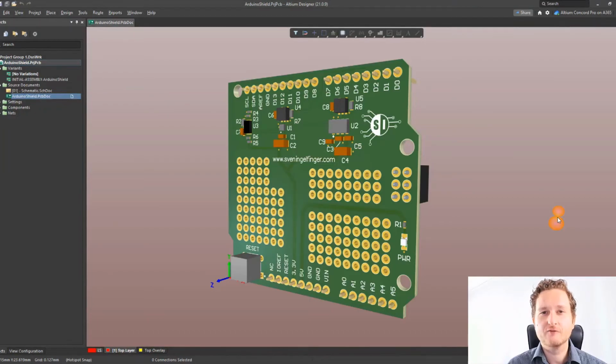Hello and a very warm welcome to this video. My name is Sven Ingelfinger, and today we want to talk about layer stack up templates. I will show you a method how you can easily add layer stack up templates to your projects by simply clicking your mouse button. So I have currently opened the Altium Designer,